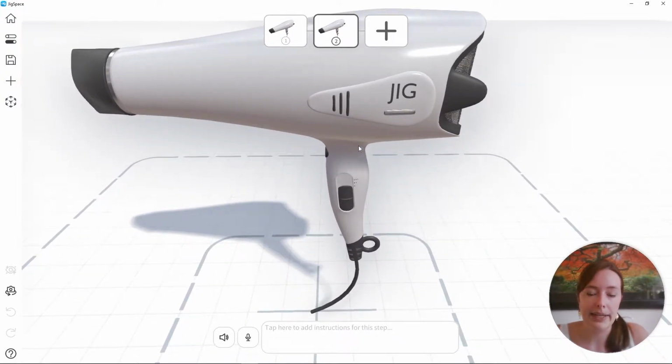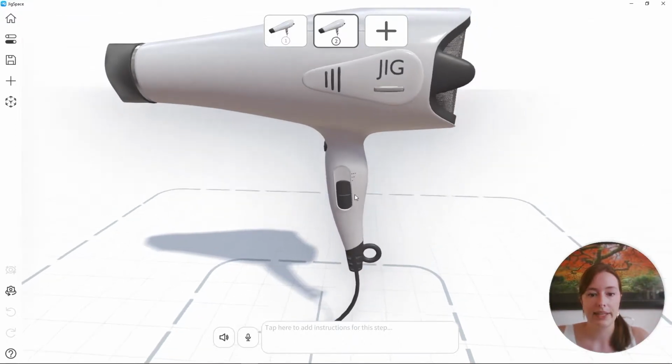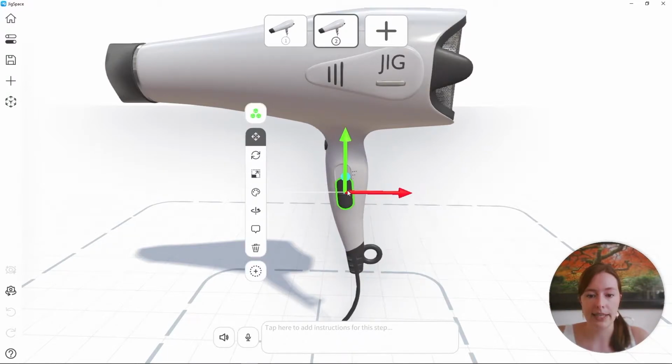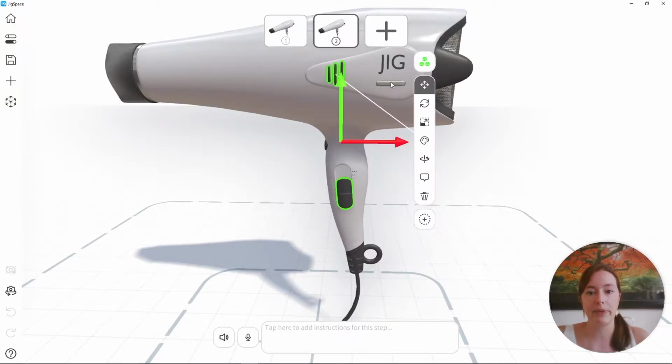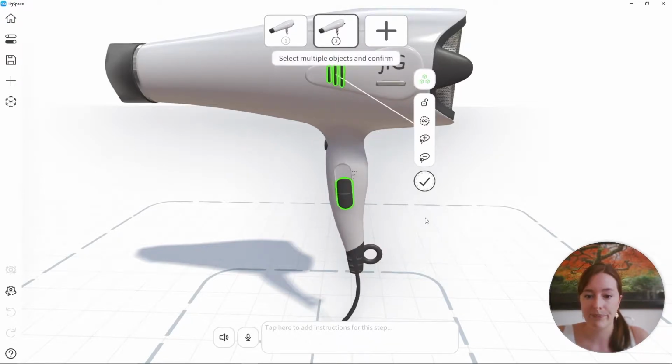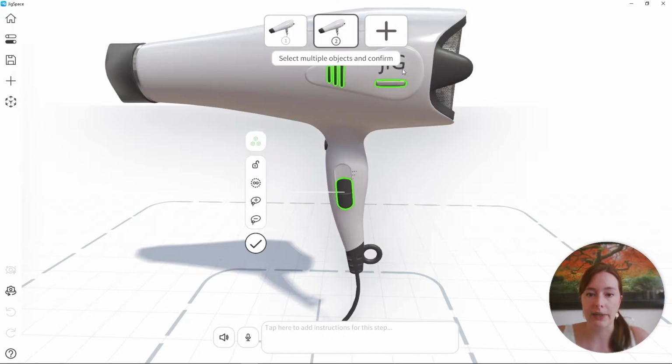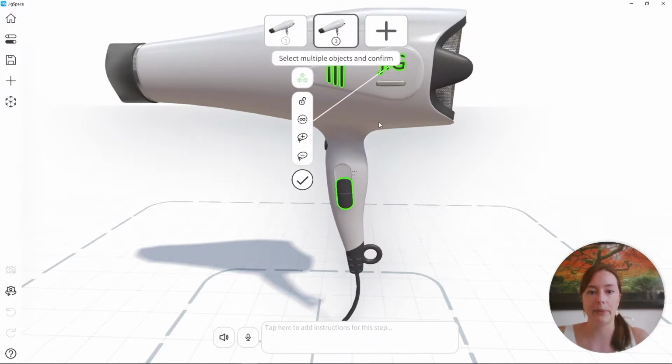What I'm going to keep in mind is that I have a couple of other objects in the scene that I'd also like to move aside. In this case, I'm going to select an object and then Shift select. That will allow me to multi-select lots of objects. And while holding down Shift, if I click on them again, I can remove them from my selection. Another way of doing this is you can use the multi-select menu at the bottom of the toolbar. So once I click on this, I'm in the multi-select menu, and any object that I click on automatically gets added to my selection. And again, I can remove them by clicking on them again.